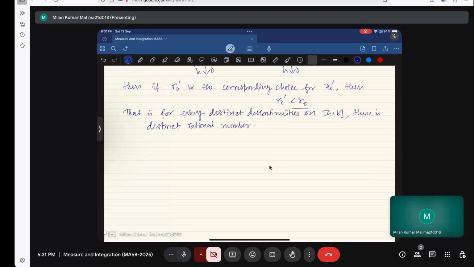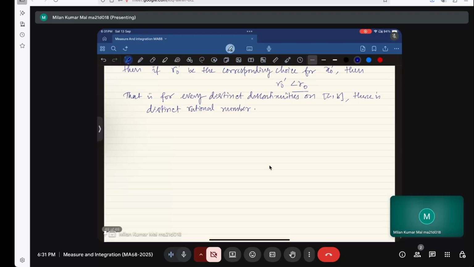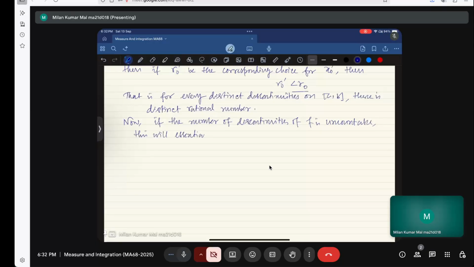So now, if the number of discontinuities of f is uncountable, this will essentially give an uncountable number of distinct rational numbers,